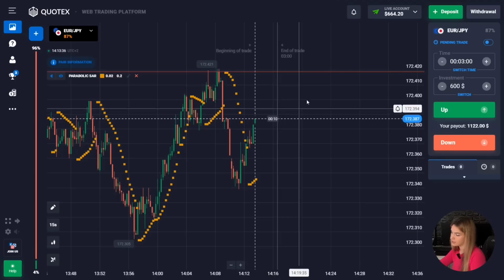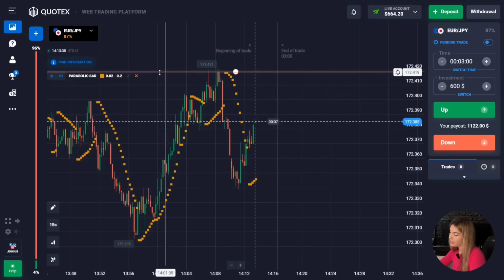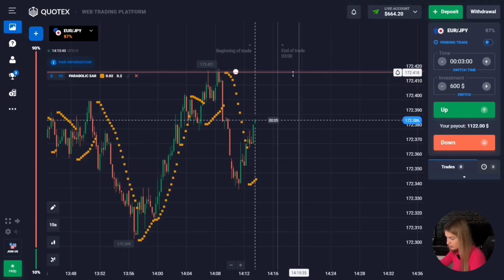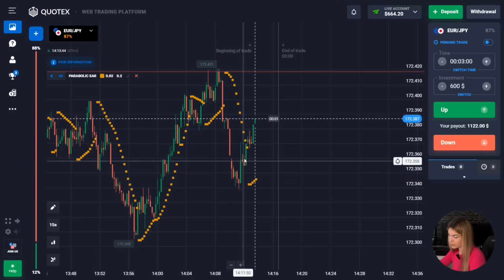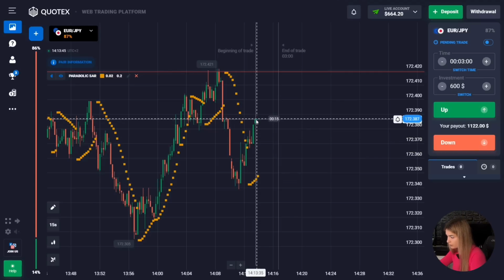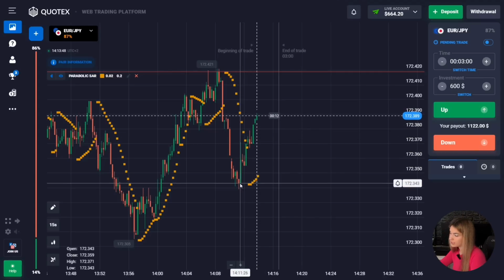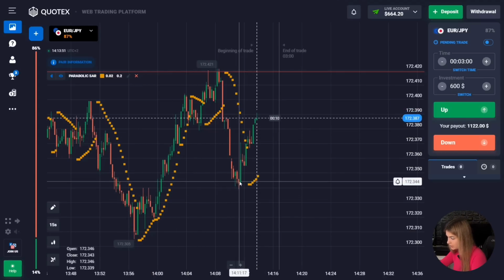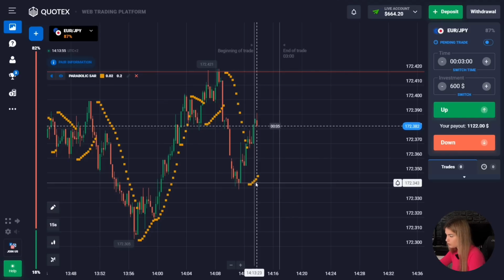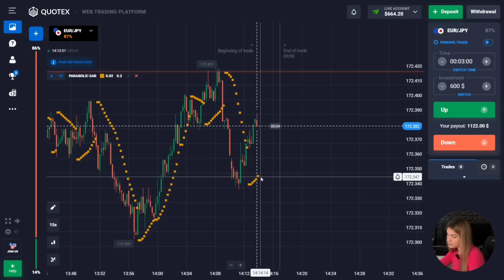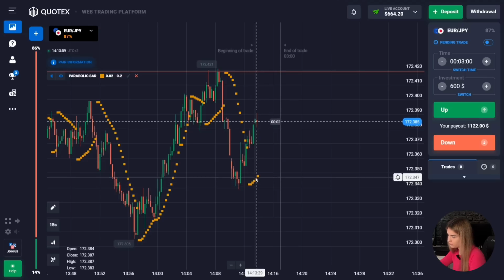We have a resistance level at the top here, and we also see that after touching the level there was a pullback down, and after the rollback the price turned around. At the moment green candles are forming. At the same time we can see that the price minimum has been updated and is becoming higher than the previous one. Yellow dots are also formed under the graph. This means that an upward movement is expected in the near future.